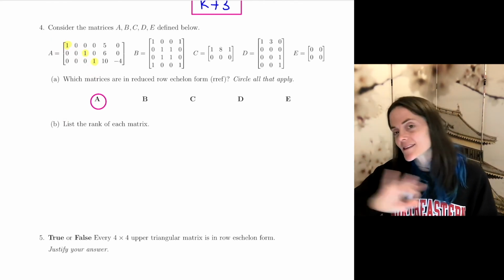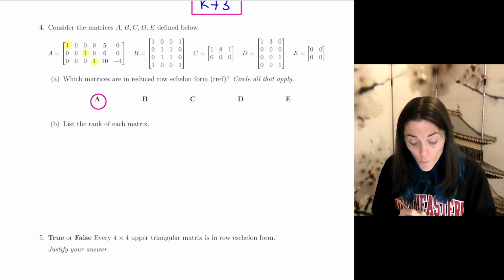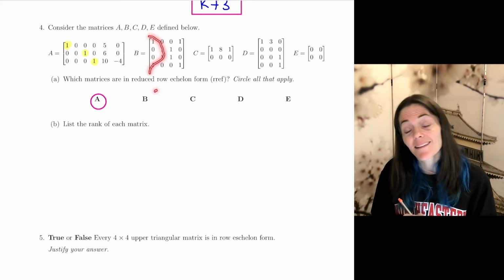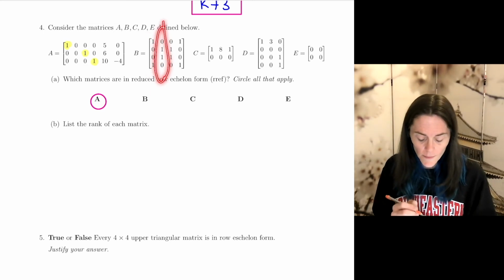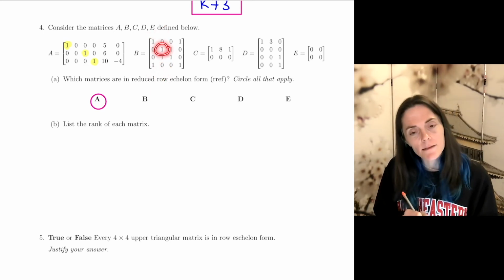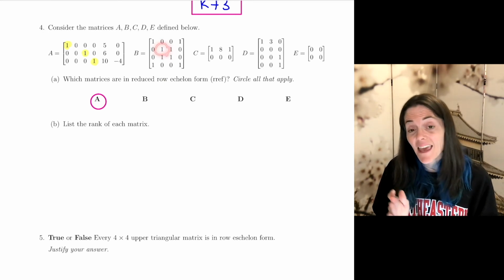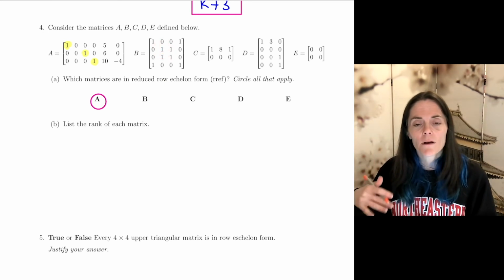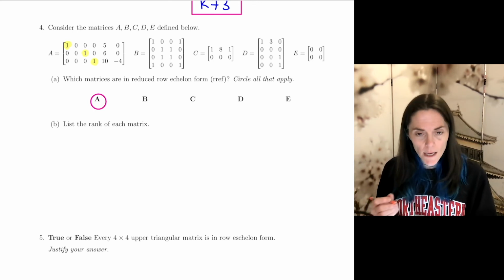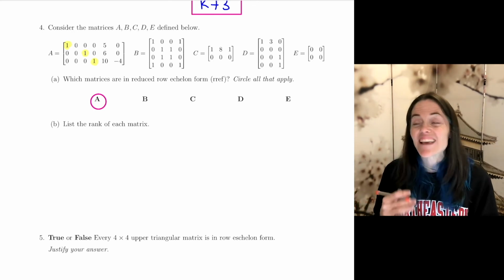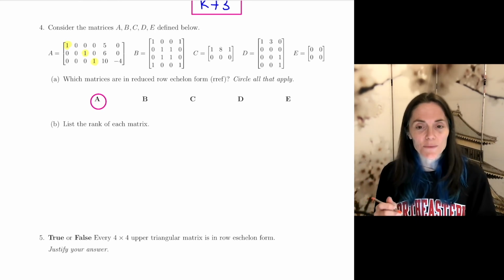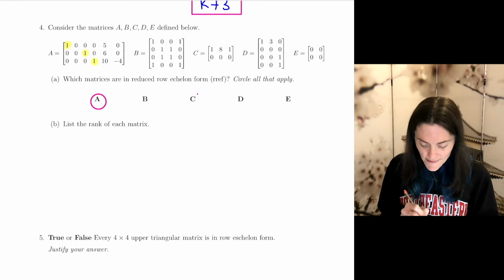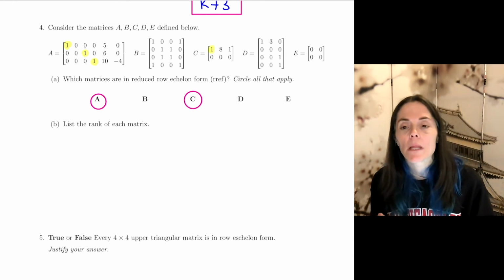Now, B is not in reduced row echelon form. We do see ones sort of leading off each row, but you notice here, this column, well, if you take this as your leading one for the row, it is not the case that all the other entries in the column are 0. So B is not. Okay, we have justified verbally. Now C is reduced row echelon form. In fact, I will highlight the leading one. There's just one of them.